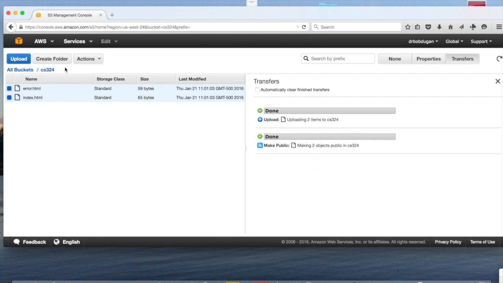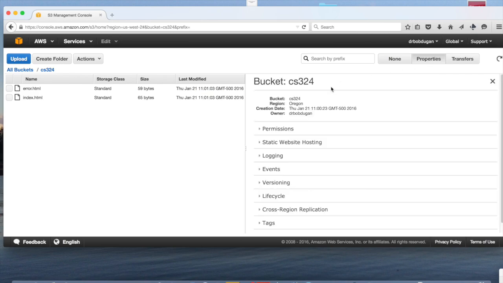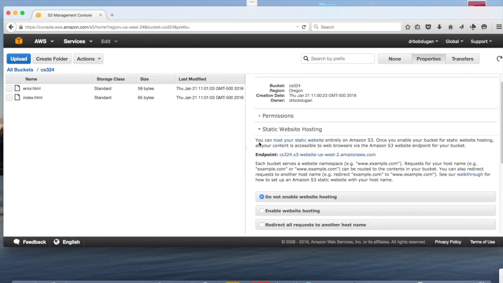And then click on CS324 again, click on Properties, and then under Static Website Hosting, you want to take a look at that, and you see this thing that says you can host your static website entirely on Amazon S3, which is what we're going to do. So if we click on Enable Website Hosting,